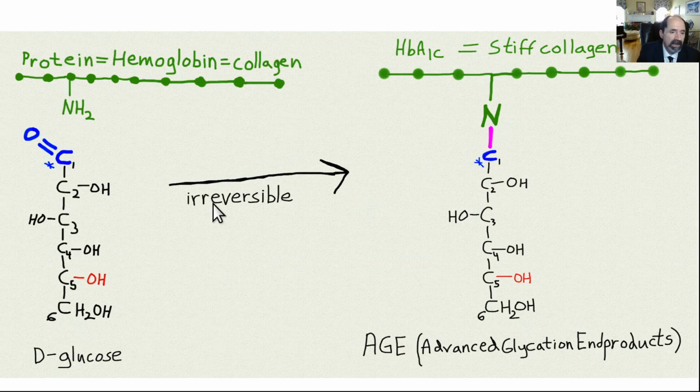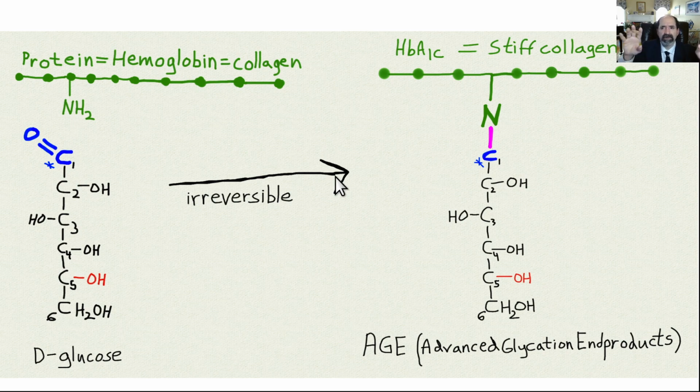Okay, so the consequences of this ring opening up is when it's open, it can react with adjacent proteins. So the carbonyl group here, again, carbonyl means double bond to oxygen, that's the anomer carbon. This will react with the nitrogen. It can react with the trailing nitrogen at the end of a molecule, like of a hemoglobin, like just a valine amino acid residue, or more commonly with other proteins, they'll have a lysine side group chain of an amino acid, and it'll react with that. And it forms an irreversible